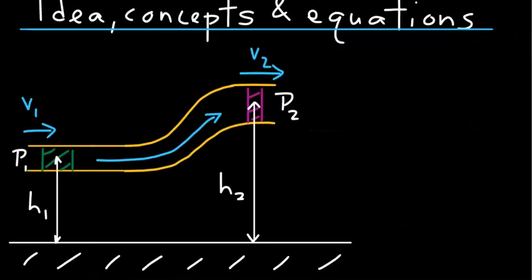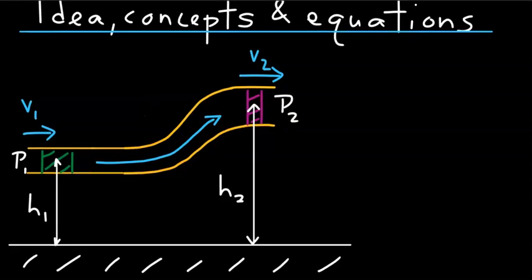Let's look at the idea and concepts behind Bernoulli's equation. Assume that you have the following system. So you have a pipe and you have fluid flow within that pipe. Let's look at 2 points along the pipe, point 1 and point 2. At point 1, let's say the fluid is moving with a speed of v1 meters per second. The pressure at site 1 is P1 pascals, and point 1 is situated at a height of h1 meters above